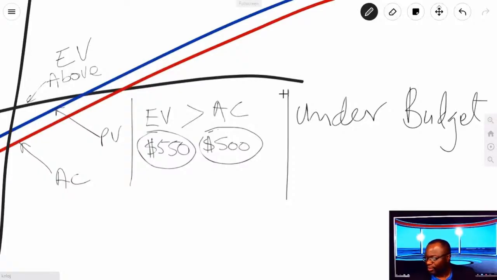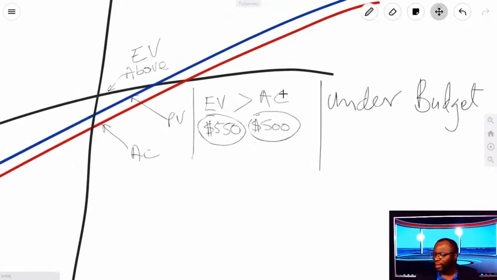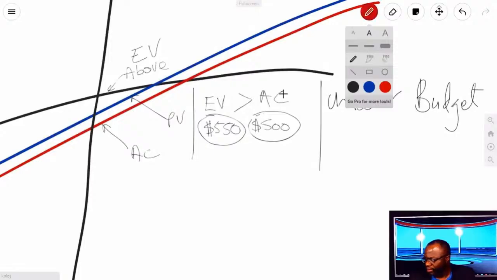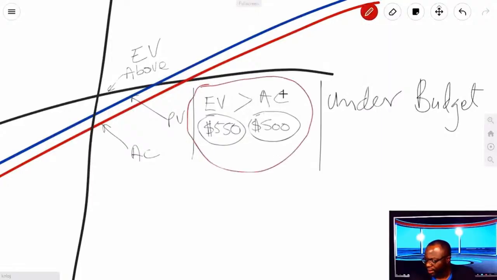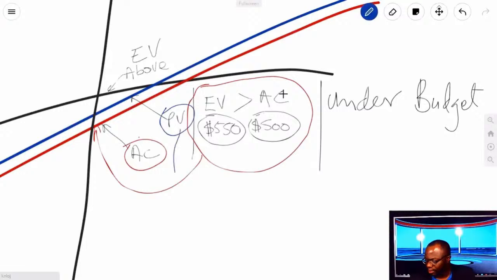Okay? You always want EV to be either equal to everything else or slightly above, but you don't want EV to be below, because remember, EV is king. All right? The next line, the blue line, which is PV. Let me color code this for you just to make sure we're in the zone here. We were talking about the red line, because actual cost is the red line. Now we're going to talk about the blue line in particular, okay?